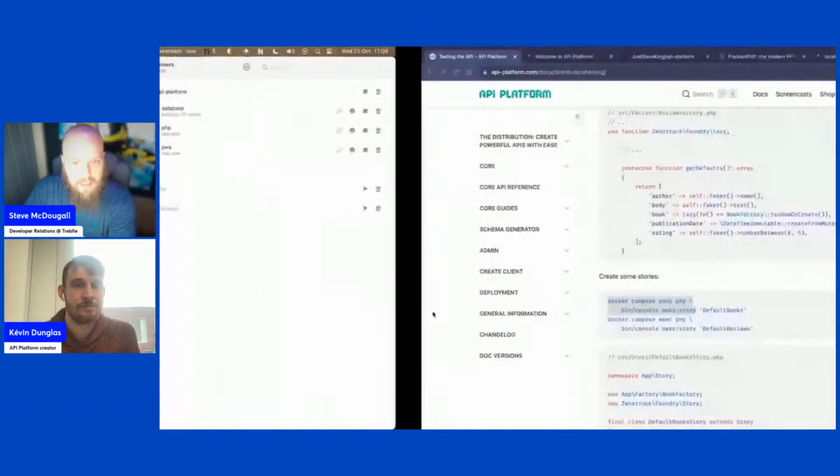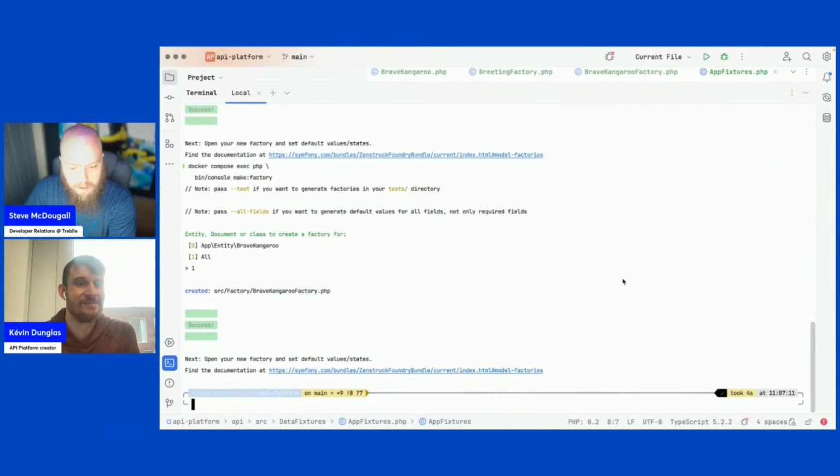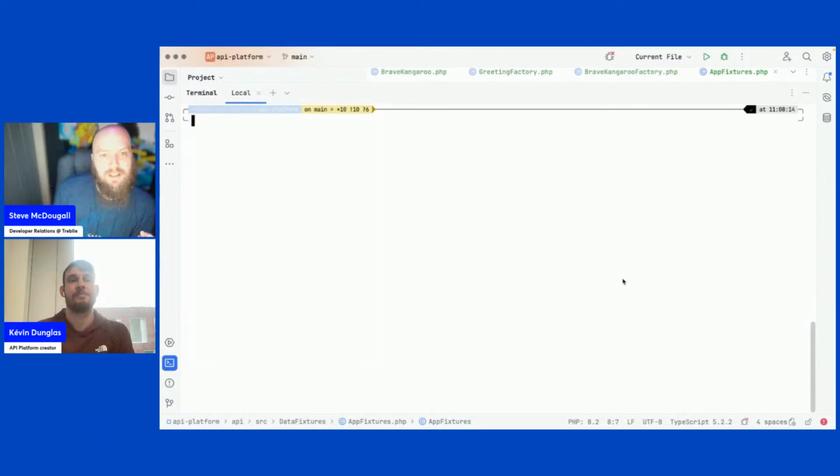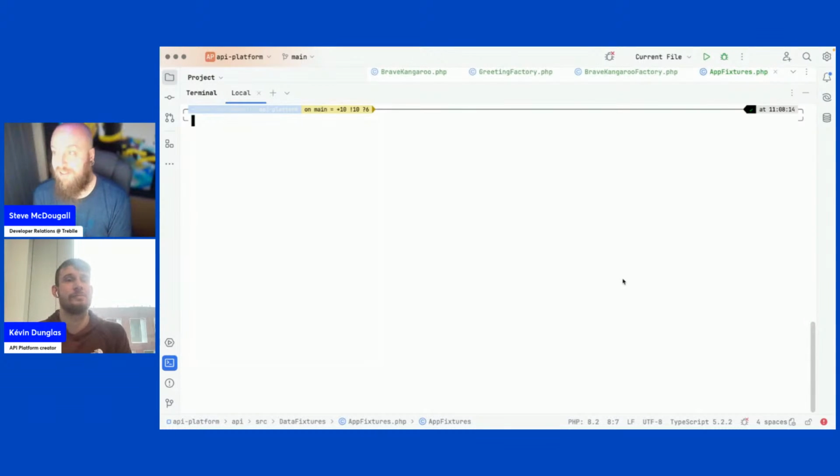I remember reading about this part where a story is basically like in Laravel what we'd call a seeder, perhaps. So you call a series of factories, perform some logic, and that is how we seed our database to a certain state.